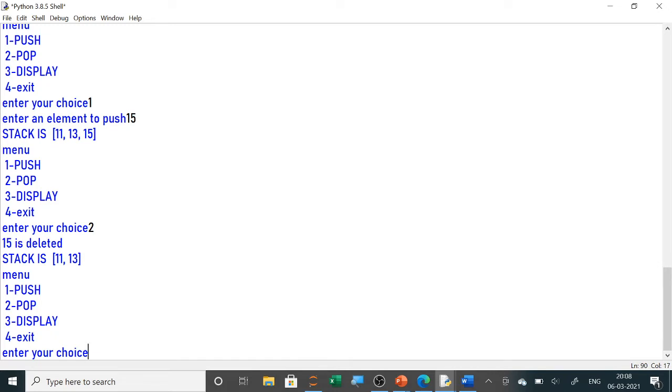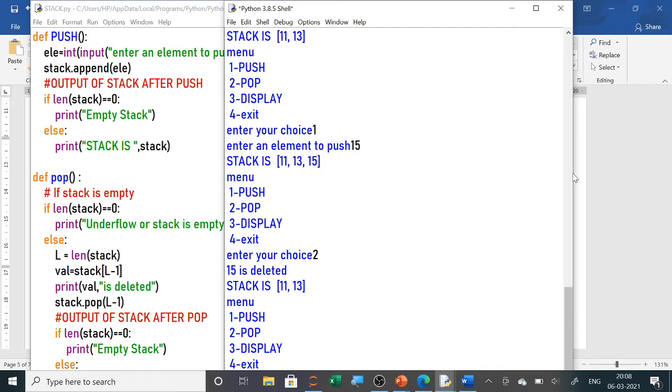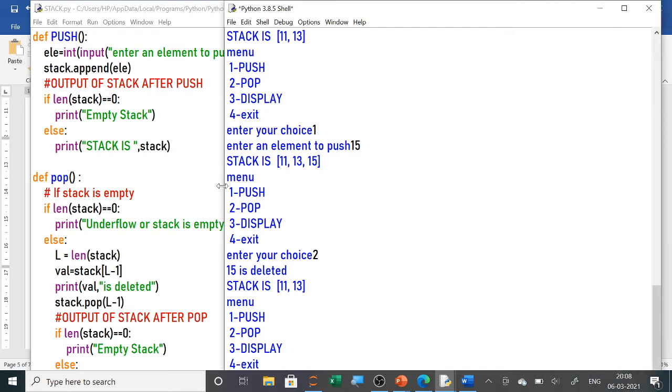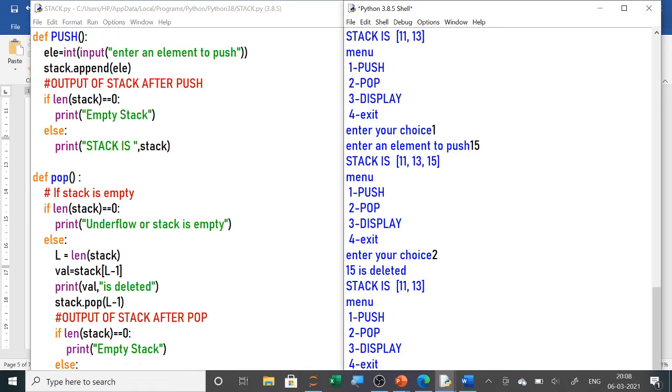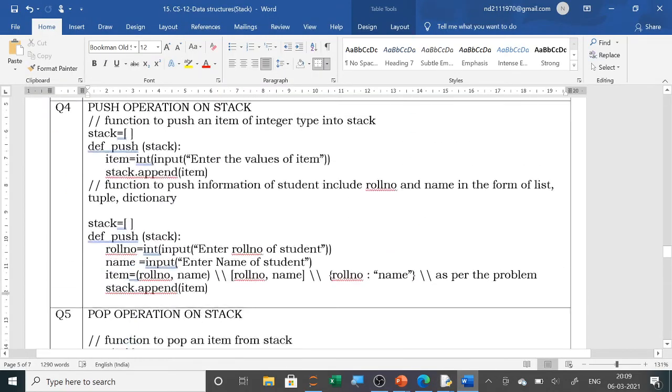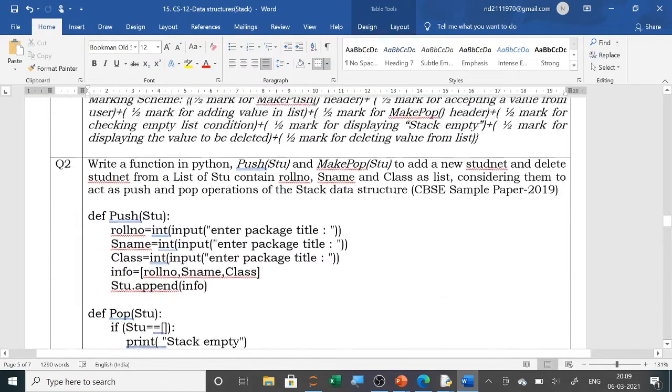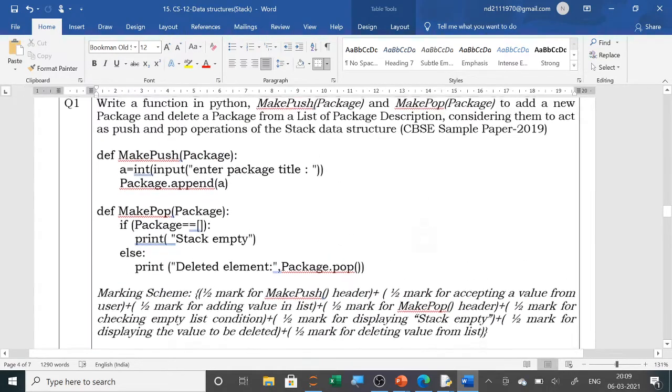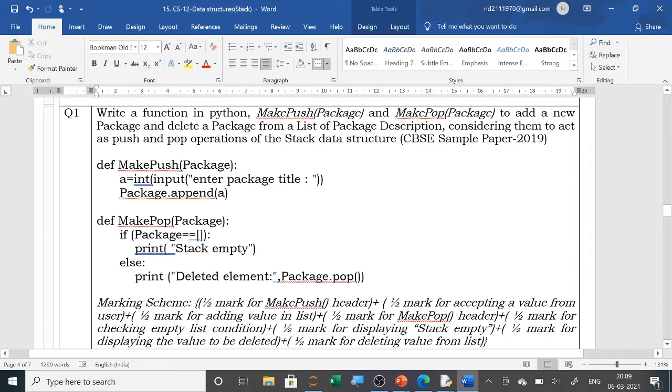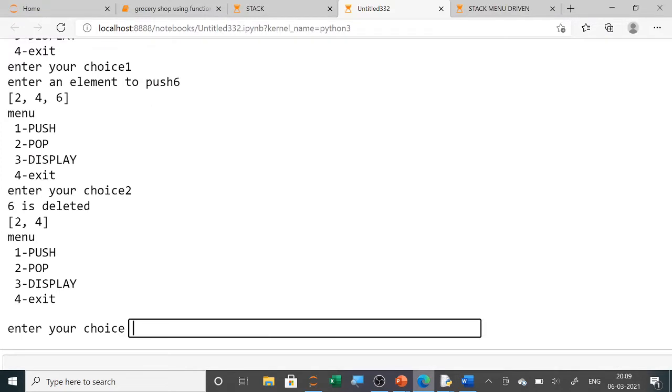तो यहाँ पे दिखा दिया इसने कि 15 इज डिलीटेड, स्टैक इज 11 एंड 13। सो दिस इज योर कंप्लीट मेनू ड्रिवन प्रोग्राम। आप इसको नोट कर लीजिए, ये आपके प्रैक्टिकल में तो आएगा ही, प्लस आपके थ्योरी में भी आएगा। तो ये अपेंड, खाली इसमें अपेंड करना है। हाँ, इसको आप 2 मेथड से कर सकते हैं, L-1 मेथड से भी कर सकते हैं, और हमने अभी जैसे यहाँ पे डायरेक्टली पॉप 0 करके किया है, आप ऐसे भी कर सकते हैं। तो पॉप करके कुछ भी नहीं लिखेंगे तो ये स्टैक में होगा, और 0 लिखेंगे तो ये क्यूब में होगा। तो पॉप करके हम खाली छोड़ देंगे, तो हम इस मेथड से भी कर सकते हैं।